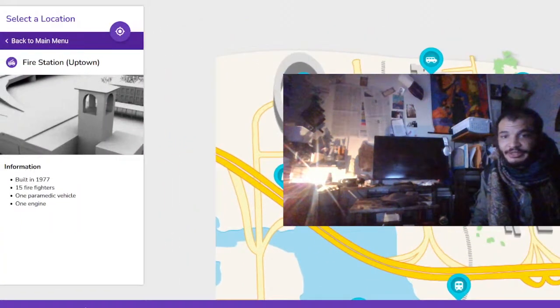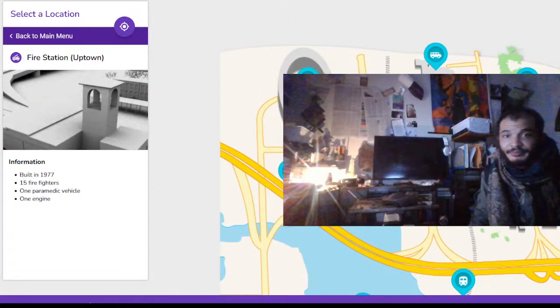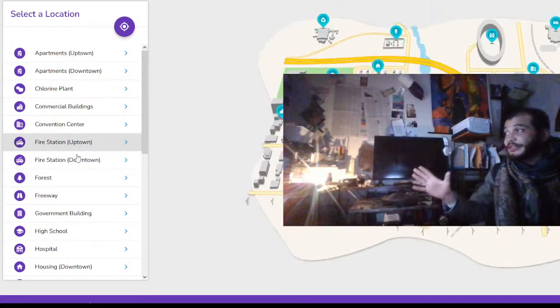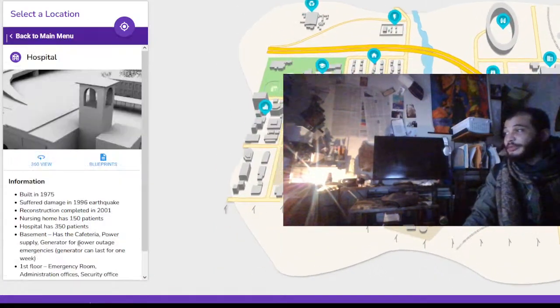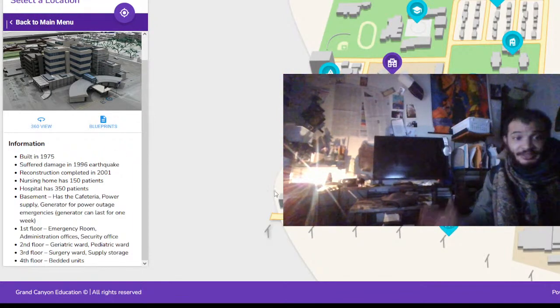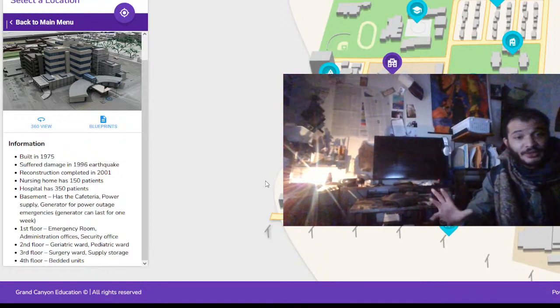These are important locations for us to take into consideration, where a possible attack could cripple the infrastructure and lead to injuries for people. So, you have damages from earthquakes, things like that. It shows you a little diagram. So it's a pretty cool little introduction to what we're going to be working with once we're into the professional